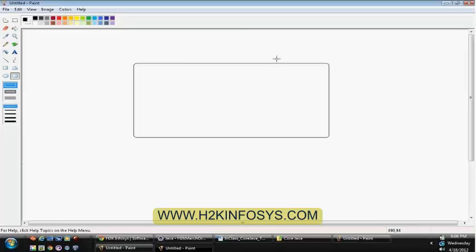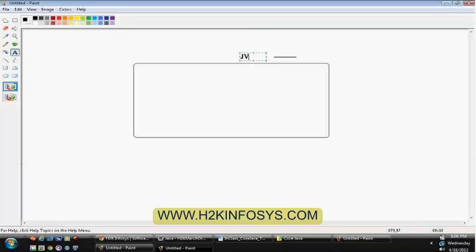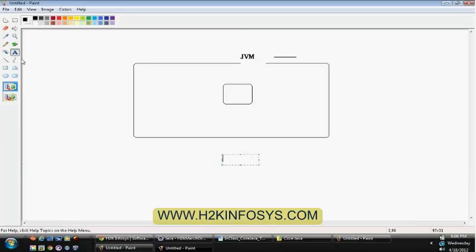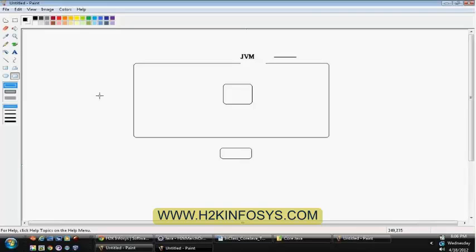Whenever I create any object in the JVM representation, normally I'll create the object inside this particular memory space, and I'll create the reference variable outside the memory space.